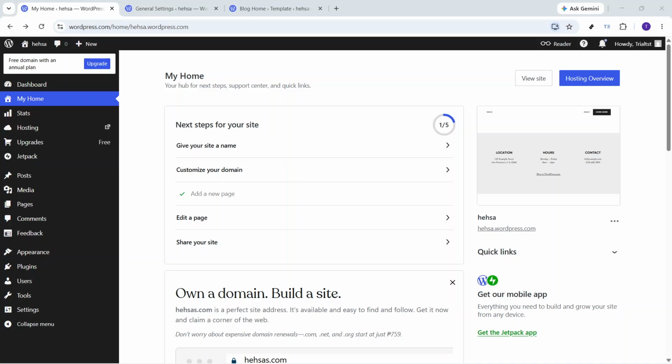In today's video, I'm going to teach you how to add a favicon in WordPress. A favicon, sometimes called a site icon, is the small image that appears in the browser tab next to your website name. It helps make your site look more polished and recognizable, and it's a simple branding detail that can